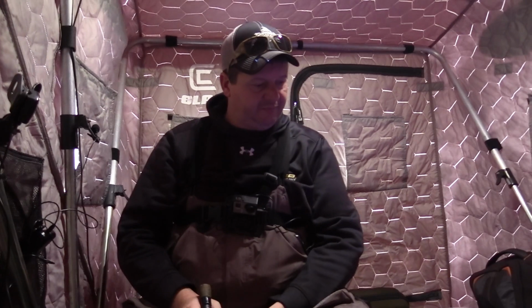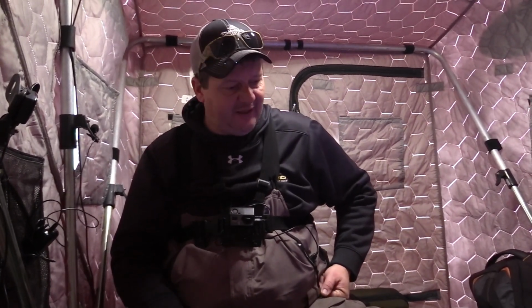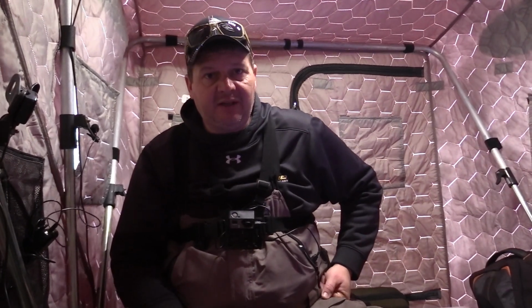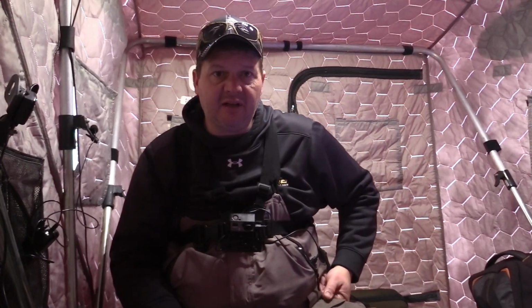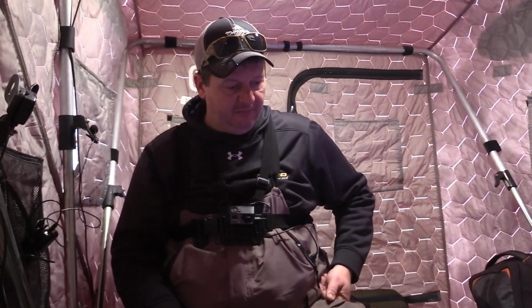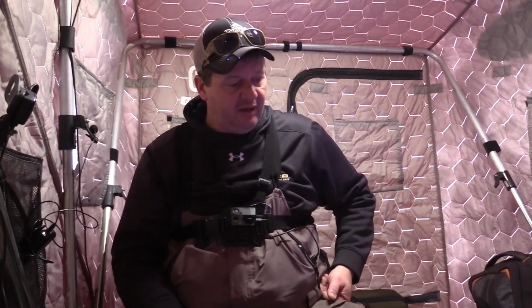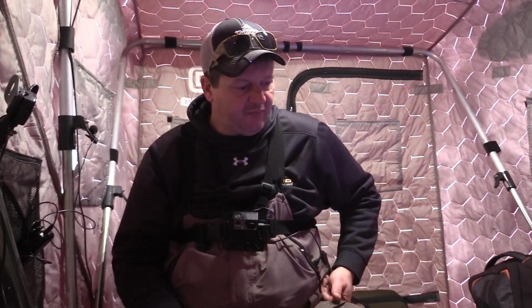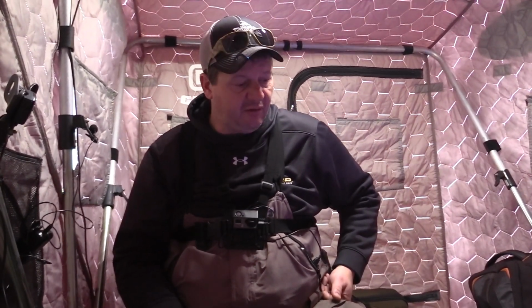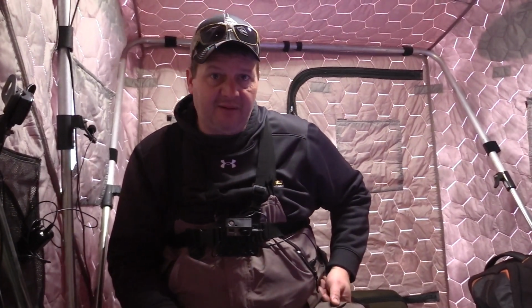Also, where to locate fish during fronts. A lot of people tell you here, tell you there, and I'm not saying they're wrong. I'm not saying that I'm always right either, but everything that I try to pass along, what I'm doing, it usually always works for me. Not always, but I'm fishing a spot that we actually fished yesterday, and it was dead. It was slow. So I figured it was a perfect time to come out and do a